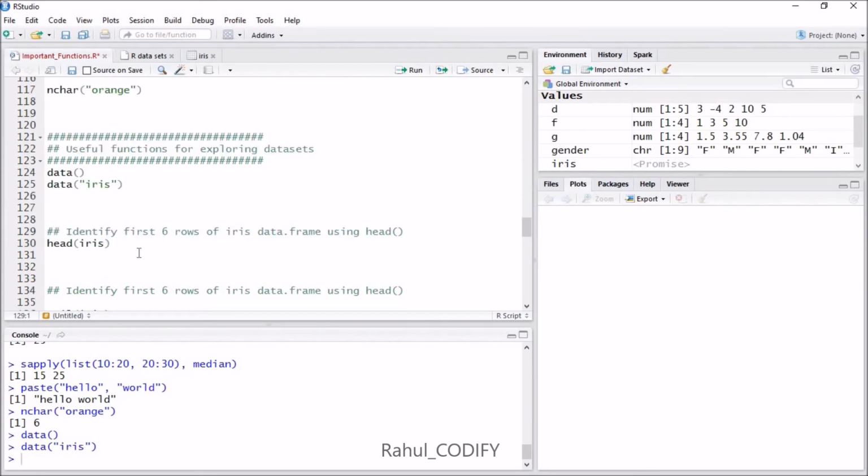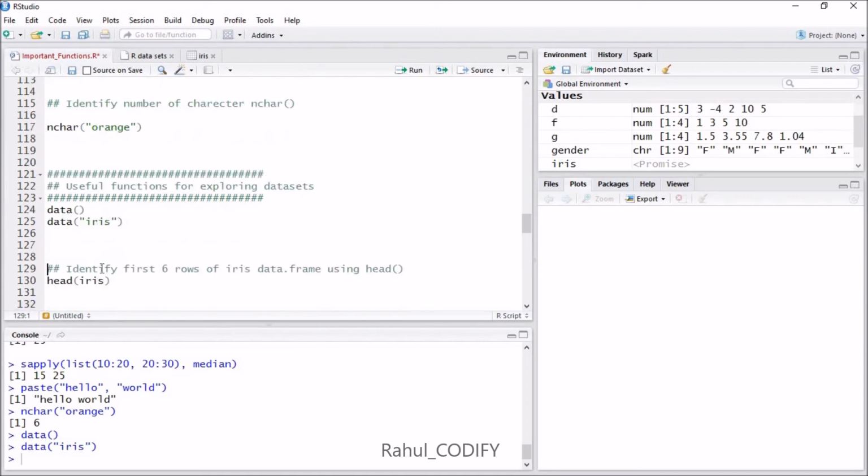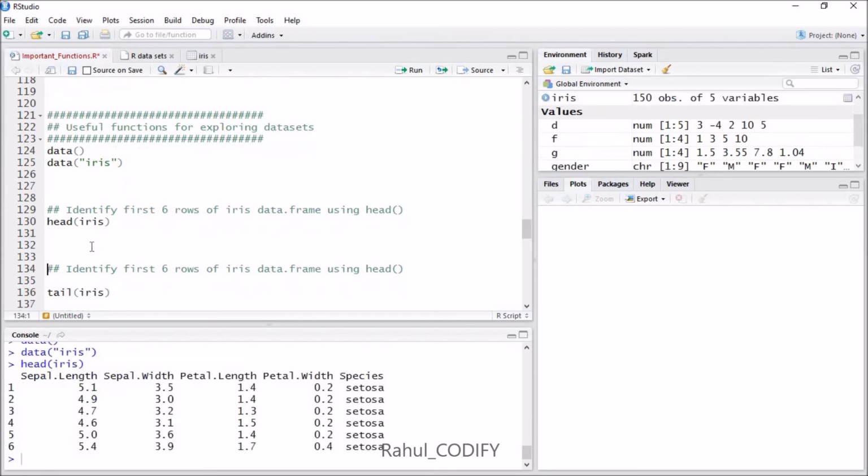So to identify what the data looks like and to check the first 6 values, because if a data set is very long and includes thousands of rows, then printing that many rows takes too much time. To improve the viewing experience, we use the head function that will show you the first 6 rows. So use the head function and give the iris dataset name inside the parenthesis and press Ctrl Enter. It will show